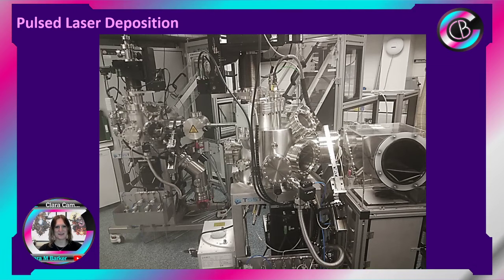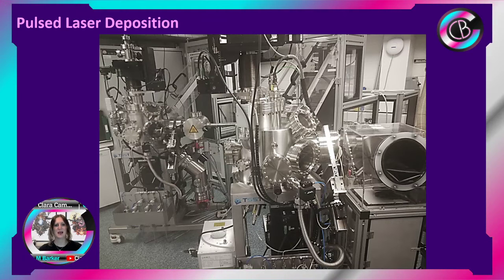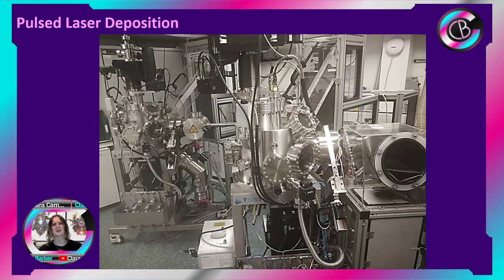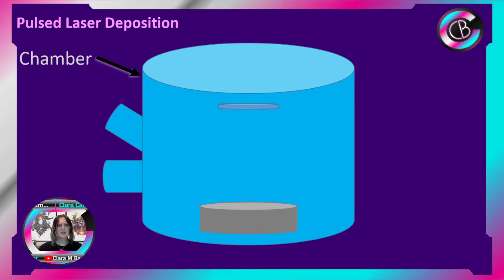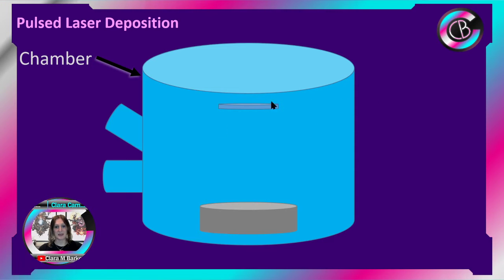Here we can insert different gases. We have various pumps that I talked about, and we have motors to move things around. In the background, we've got this large fish tank looking thing, and I'll go into that a little bit more on another slide. So again, we have the chamber,